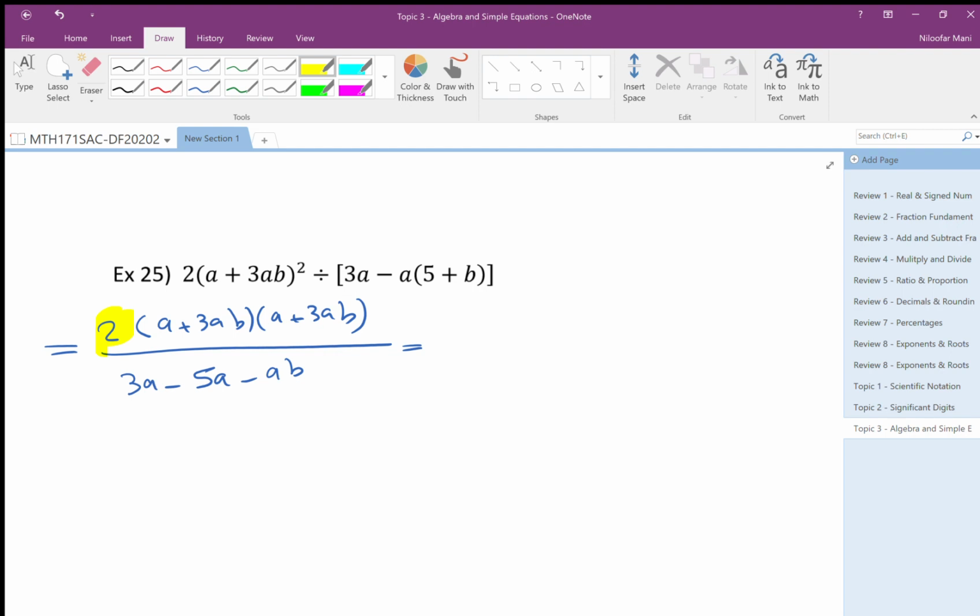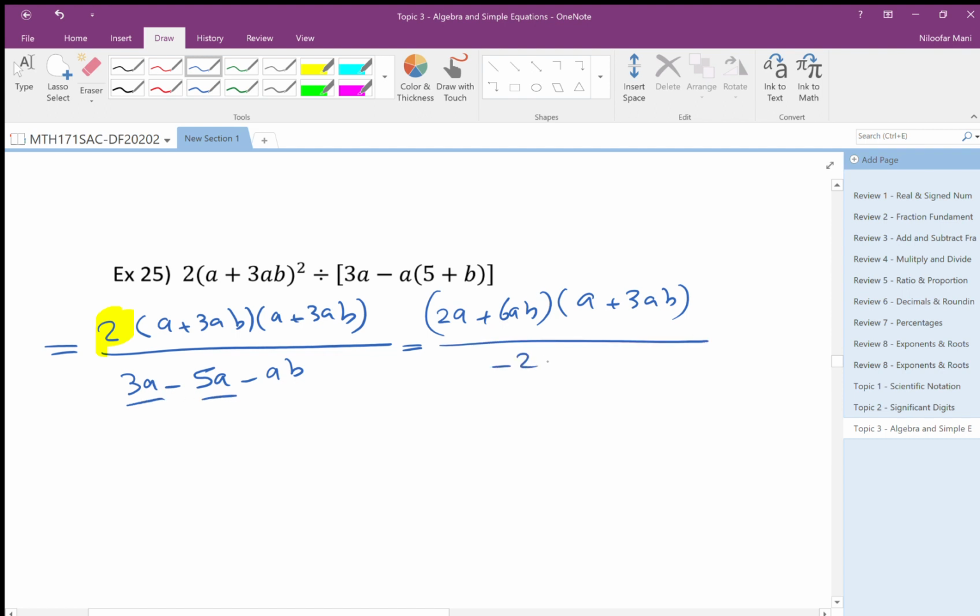If you multiply 2 with each of them, means you are multiplying by 4, and that's wrong. Okay, so this one is 2a plus 6ab times a plus 3ab divided by,